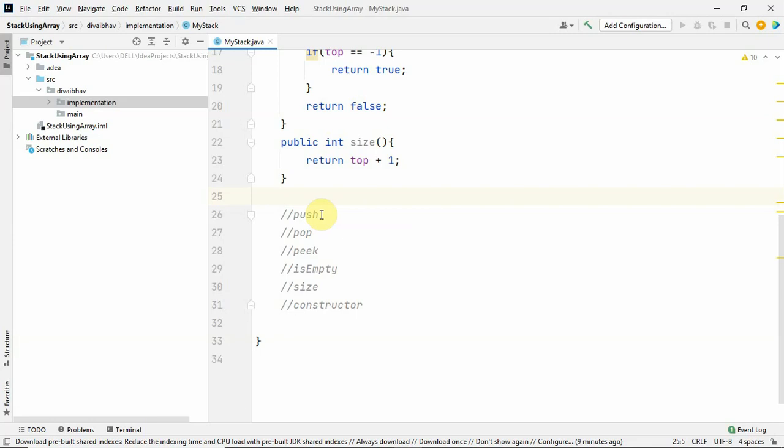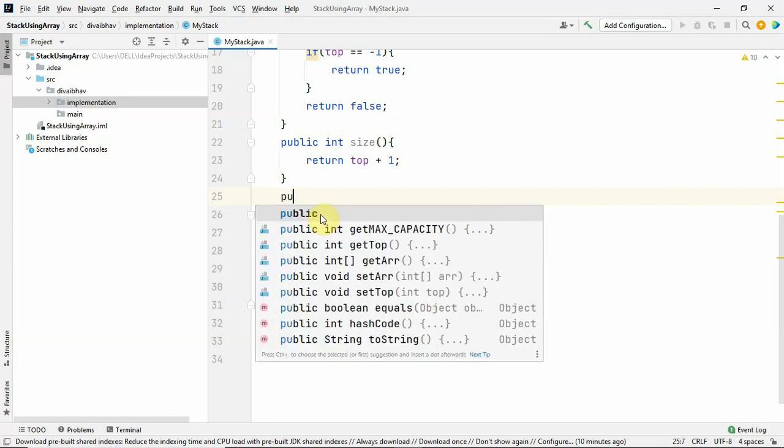But what happens if the number of elements is already equivalent to the max capacity? If the size is equivalent to the max capacity, then we cannot push any more elements into the stack.